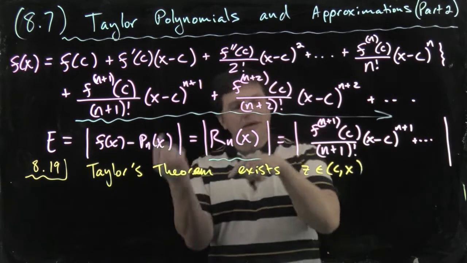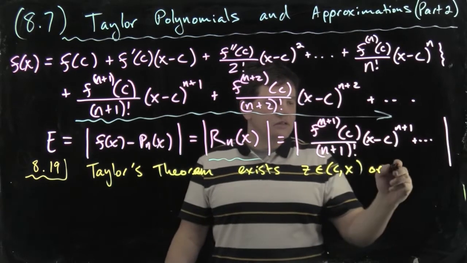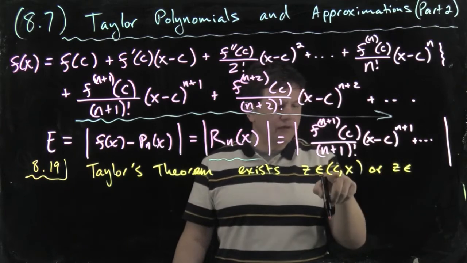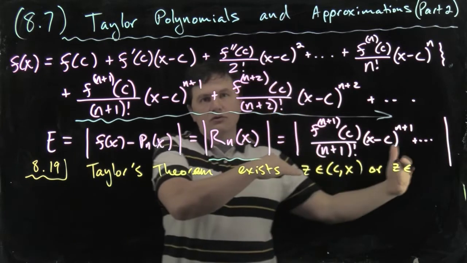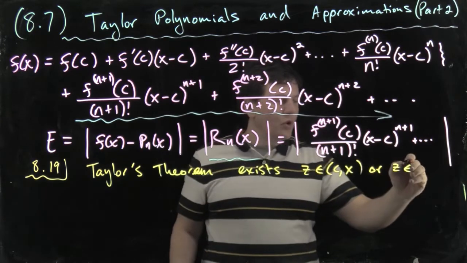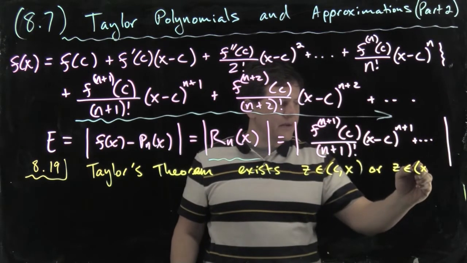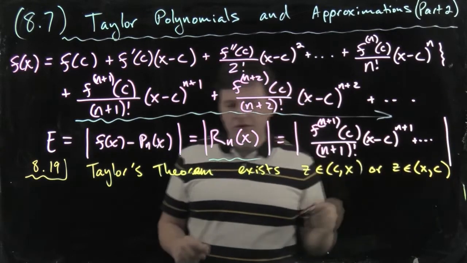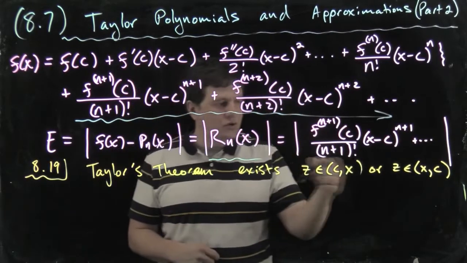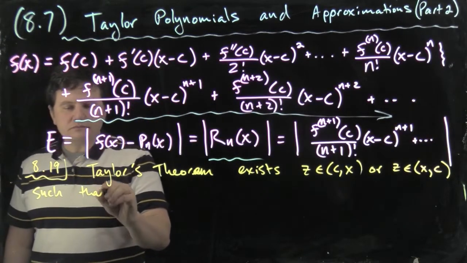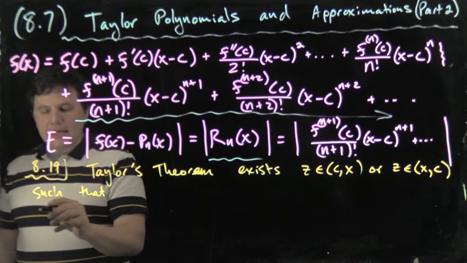Now, our x could be on either side of our center, so it just depends on the orientation of x. We could have the value on the right of the center, so z would be on that side, or we could be approximating on the left of our center, and our z would be in there. So Taylor's theorem says there exists a z such that